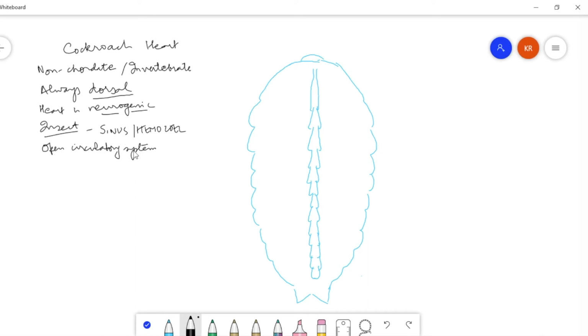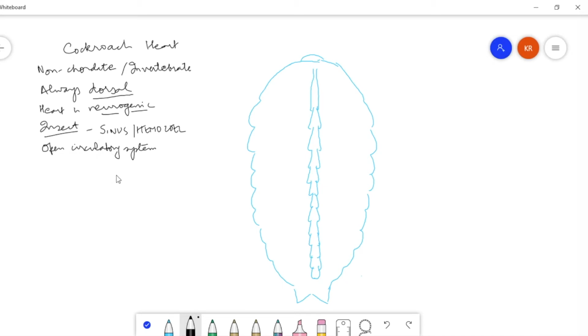So it's not a closed circulatory system. The blood from the heart goes to the sinus. Now the pressure decreases considerably, and only because of the movement and locomotion of the animal or the insect, the blood returns back to the heart. So that is the system which is called the open circulatory system, meaning it is in direct contact with the tissues inside the sinus.